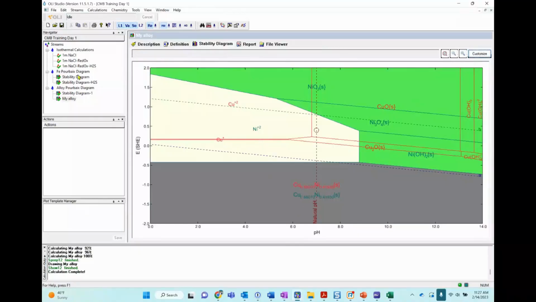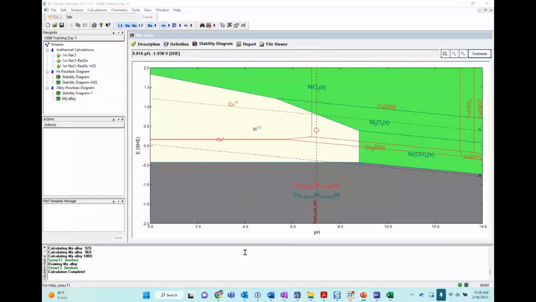Any questions about this? Alloy Manager? Again, this is not an Alloy Manager for corrosion rates. This is exclusively designed for Pourbaix diagrams, because this is creating a solid solution, and we calculate this solid solution thermodynamics, but it's not for corrosion rates.